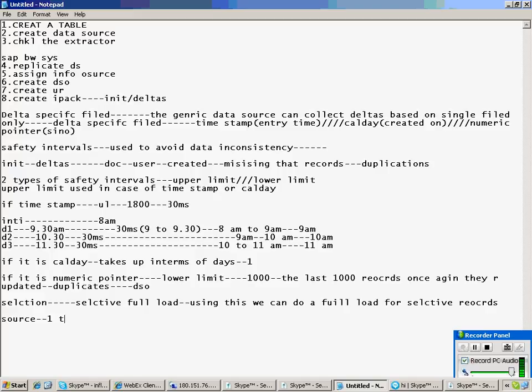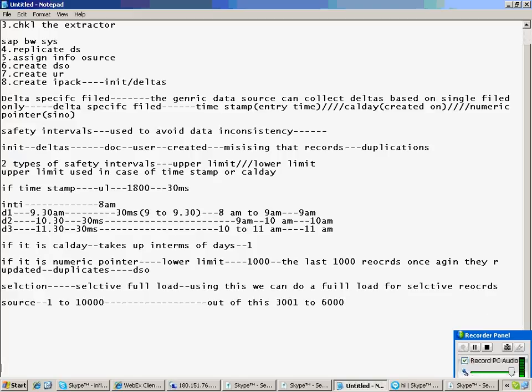Let's say in the source, I got 1 to 10,000 documents. Out of this, I want to upload data from 3001 to 6000. So what is this? This is selective full load.